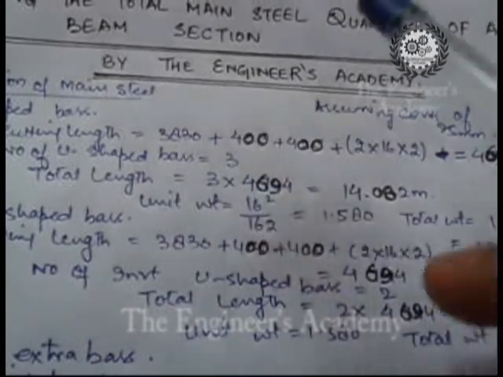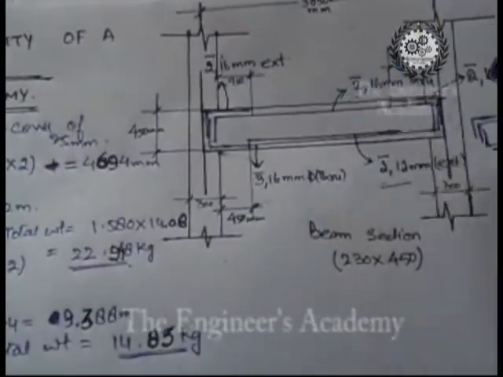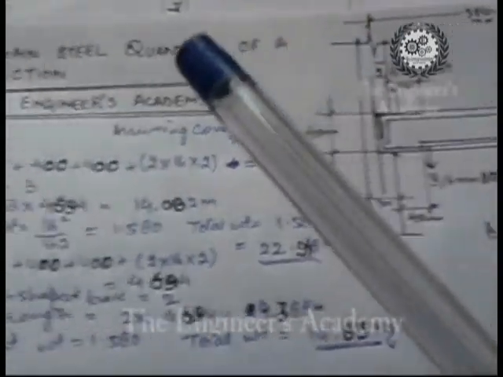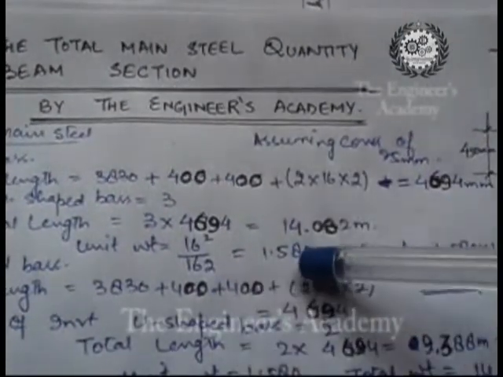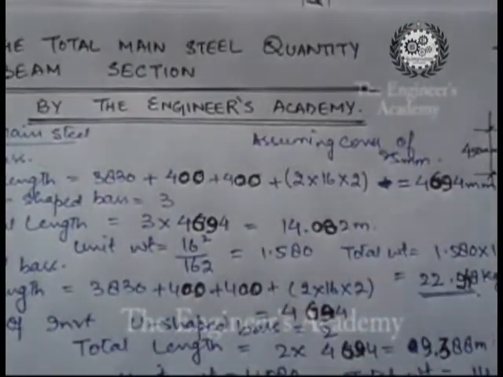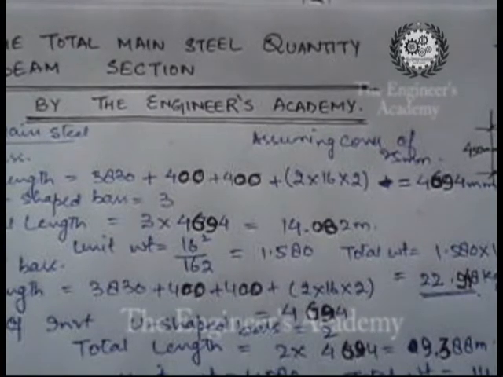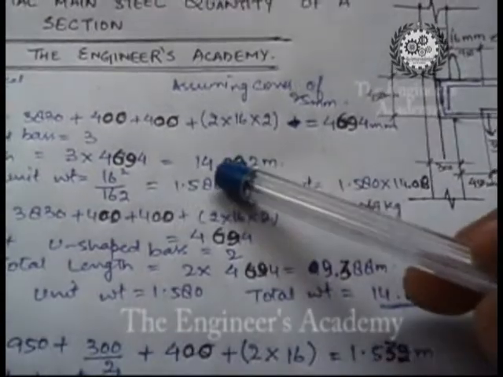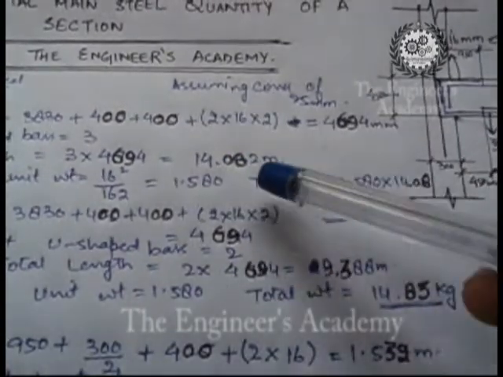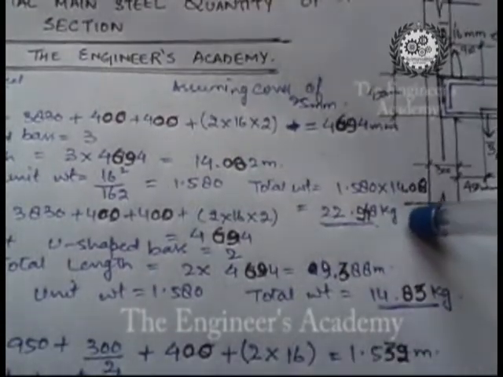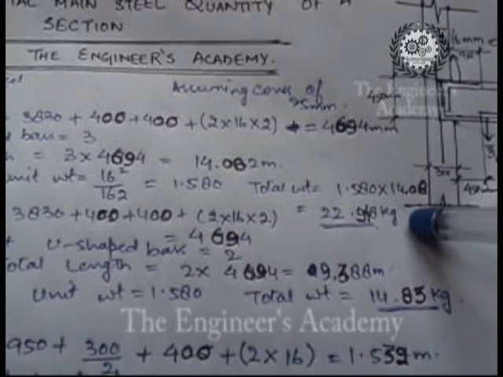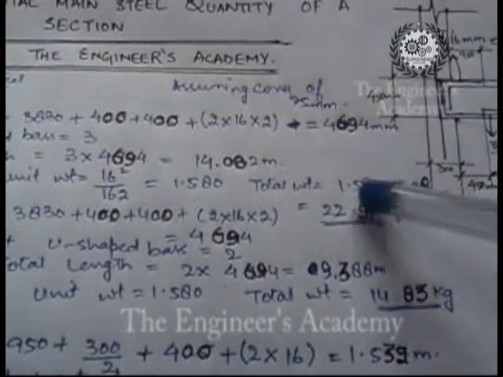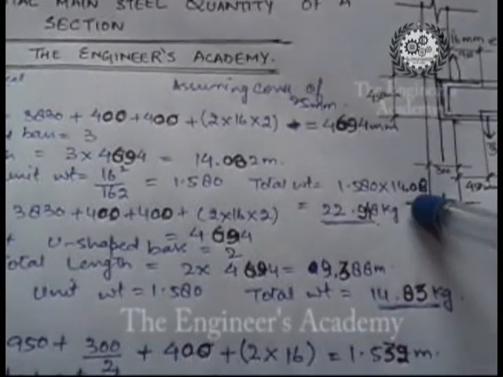So we'll be having 16 squared, since the diameter of the bar is 16, divided by 162, that will be equal to 1.580. This is the weight per meter run. So the total running meters we have here are 14.082 meters. Hence the total weight of the bar that is to be used as the tension reinforcement will be equal to 1.580 into 14.08,